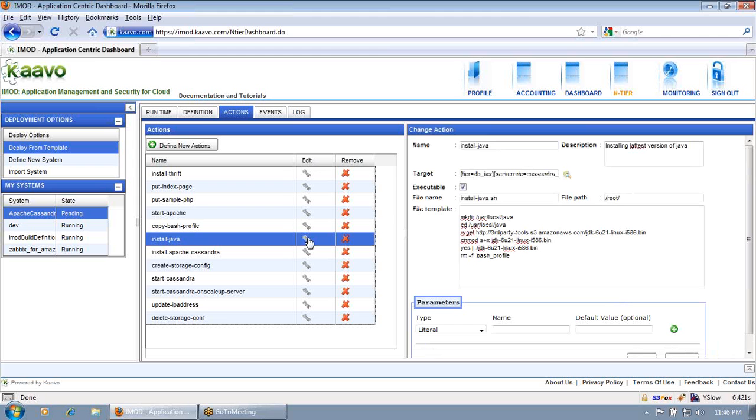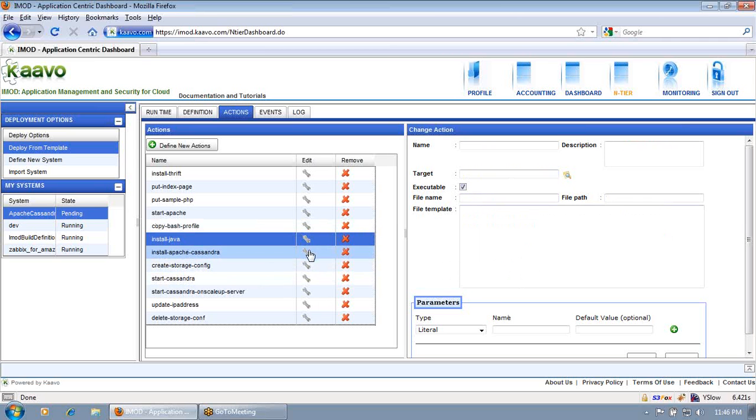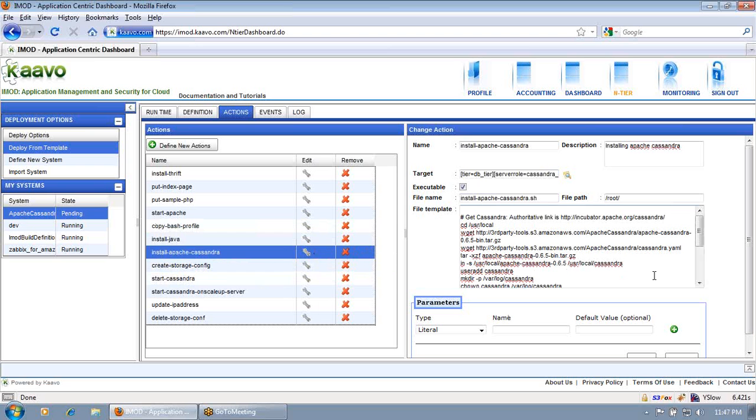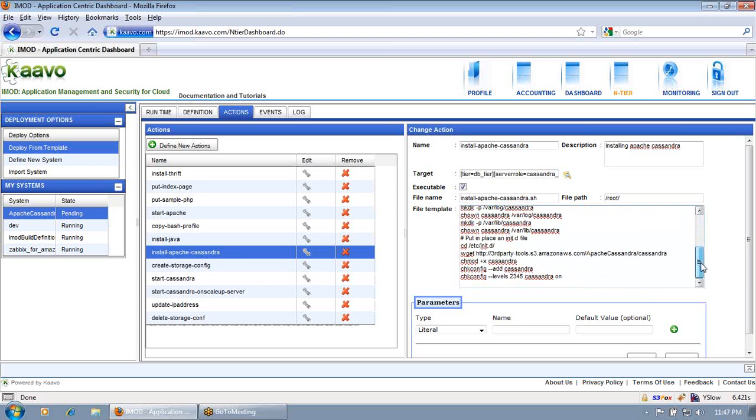As we all know, Cassandra is written in Java, so one has to install Java to run the Cassandra database. This is the action for that. We download the latest version of JDK and install it. Then another action called install Apache Cassandra downloads the latest version of Cassandra and installs it.